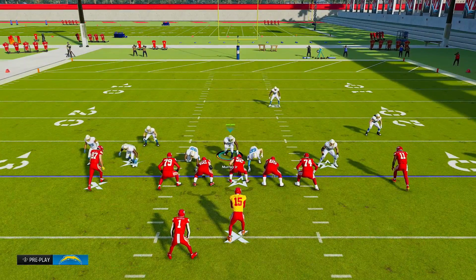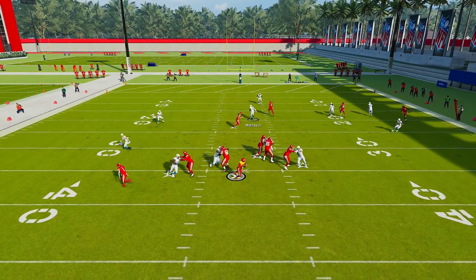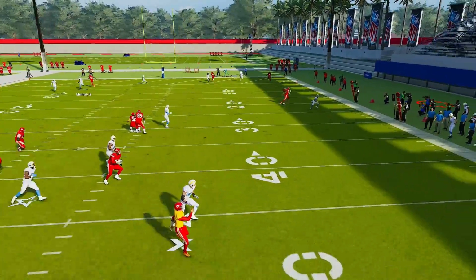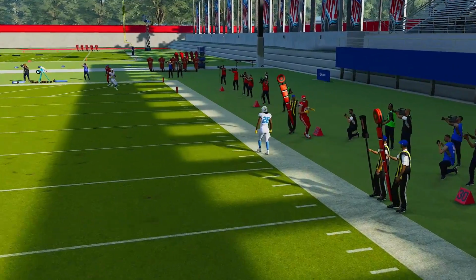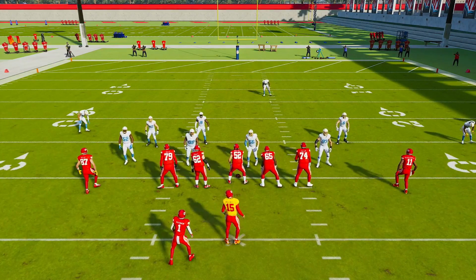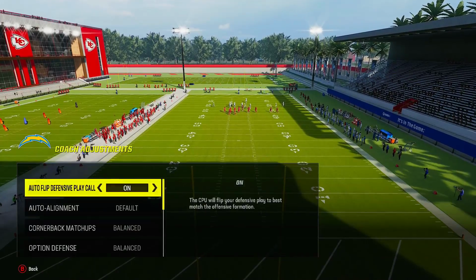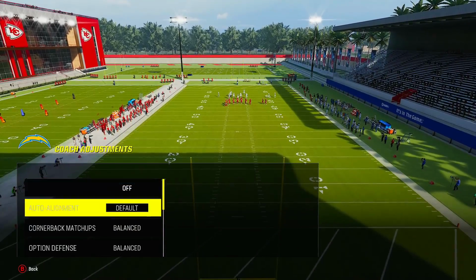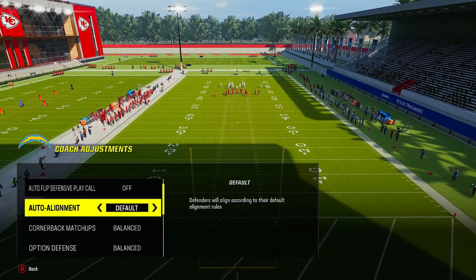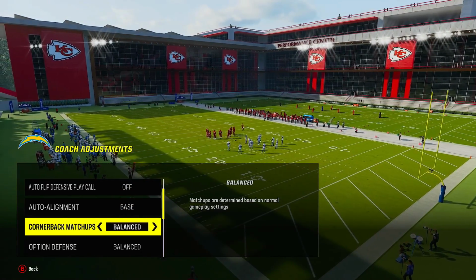Pass commit if you know it's a pass commit. And this is how the auto flip, this is how to utilize it. Now, like I said, the way we do it, he has nowhere to go. The way we do it is we run a lot of blitzes. So when you're running a lot of blitzes, these coaching adjustments become, you have to really be, not really advanced, but you have to know how to set your defenses up properly and see where they struggle, because I'll run off in base. As far as the cornerback matchups right here,